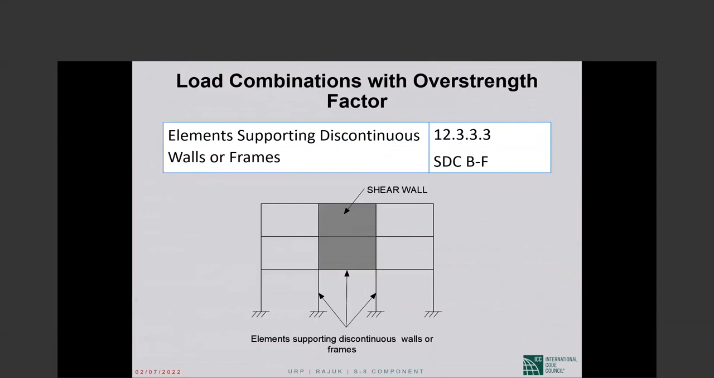That is a simplistic way of saying, actually the code says structural members supporting stiffer elements or something like that, more generic. Elements supporting discontinuous walls or frames. That's the language in ASCE 7. Okay. So